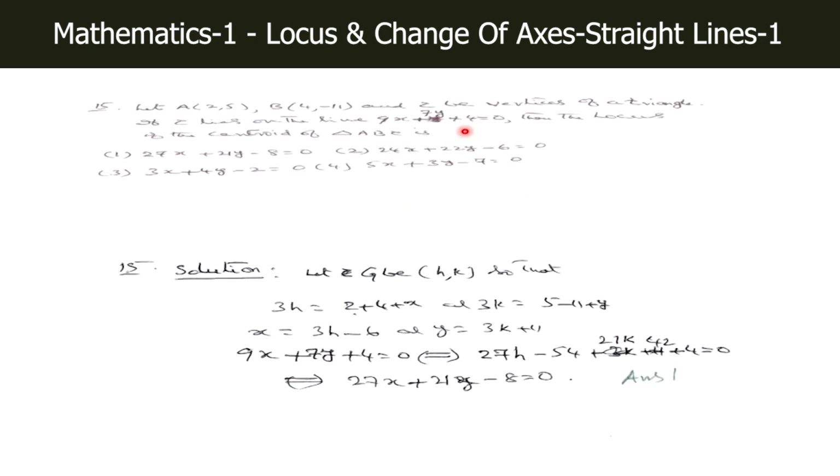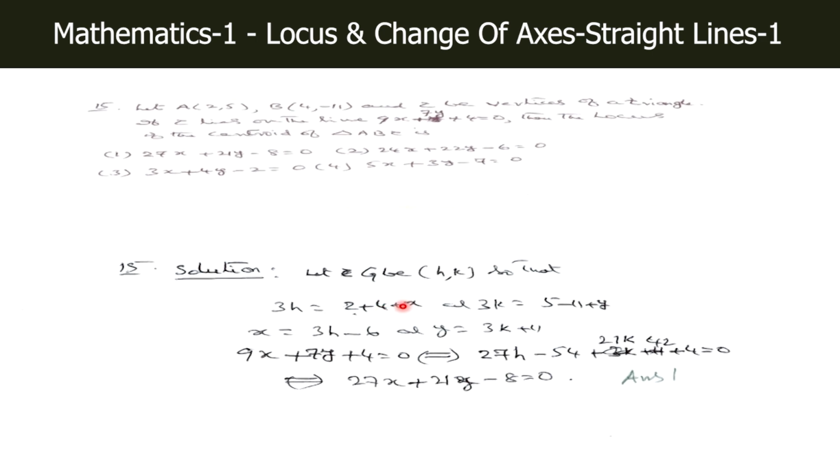A (2, 5), B (4, minus 11), and C be vertices of a triangle. If C lies on the line x plus 7y plus 4 equal to 0, then the locus of the centroid of triangle ABC is: 1) 27x plus 21y minus 8 equal to 0, 2) 24x plus 22y minus 6 equal to 0, 3) 3x plus 4y minus 2 equal to 0, and 4) 5x plus 3y minus 7 equal to 0. Now, as per the formula for the centroid, if (h, k) is the centroid, then 3h is equal to 2 plus 4 plus x,